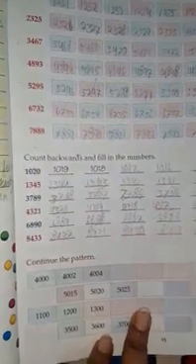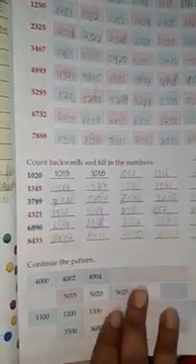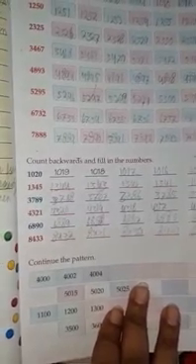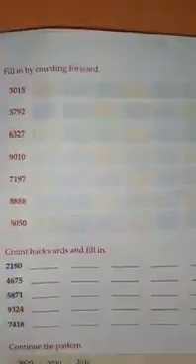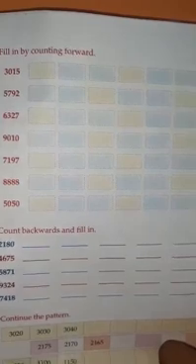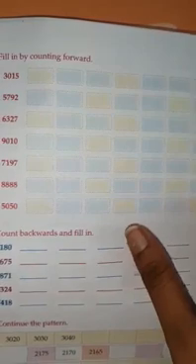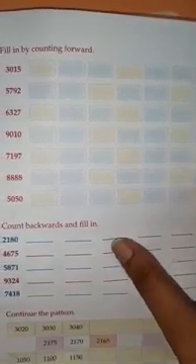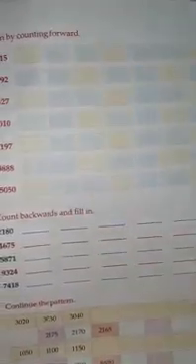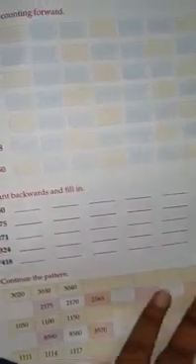Then continue the pattern of 10. I have already told you in the last video how to continue the pattern of 10. You go and watch that video, you will get some idea to fill this in. Counting forward means you write the after number continuously till the box ends. Here count backward. You will write the before number of the number given. Continue the pattern of 10 also. There is a trick I have told you in my next video. To know that trick, you can complete this.